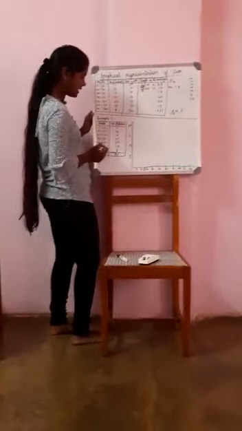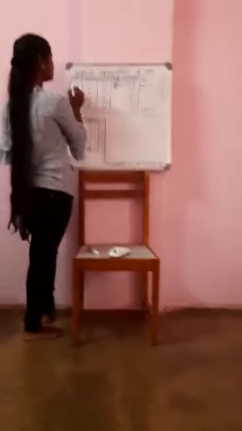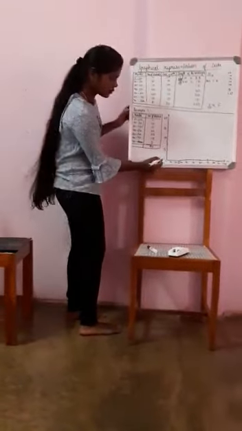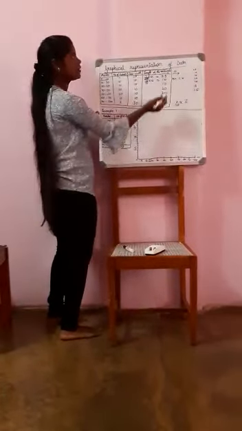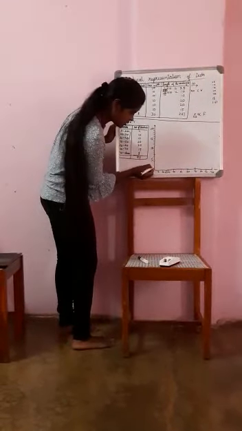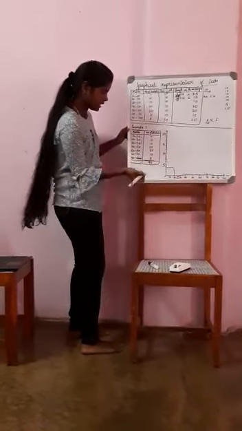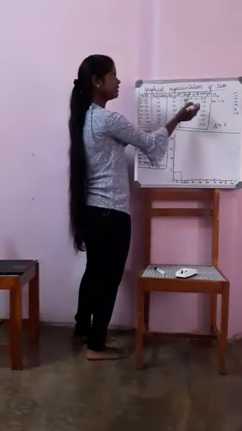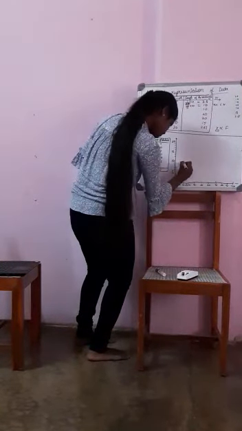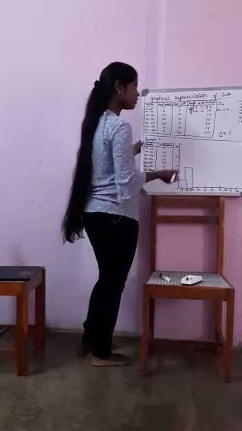I am going to plot a graph with respect to this. Marks is 20 and the length of the rectangle. From 0 to 20, my rectangle length is going to be 3.5. Then, from 20 to 30 is 10. From 30 to 40, again 10.